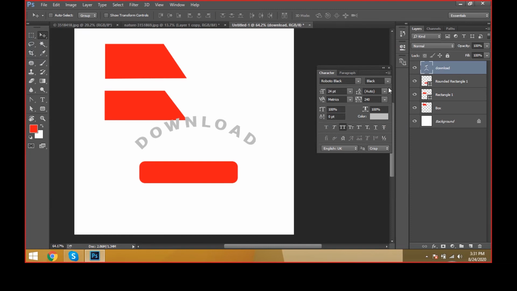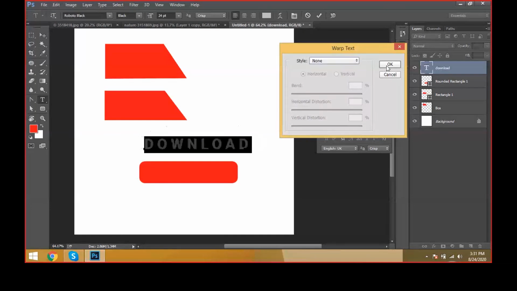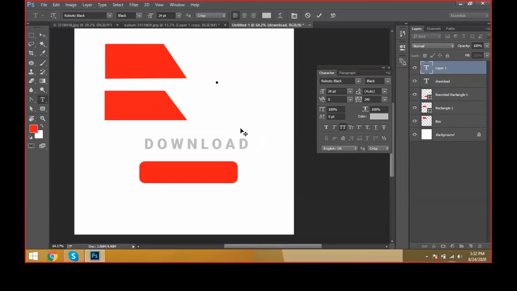Again, on the text, just click on the text part and highlight the text and come to here. Again, I can keep it none. And again, I'm taking a horizontal type tool. Just click it here. I'm just making some text here, Krish, and automatically the text layer will be activated and generated in the layer palette.